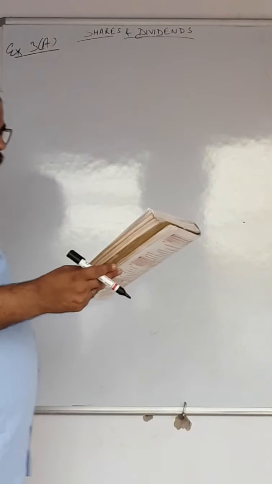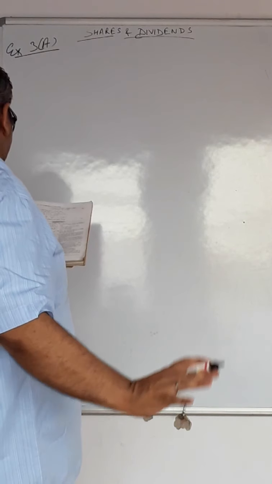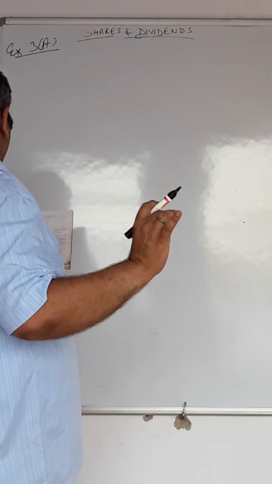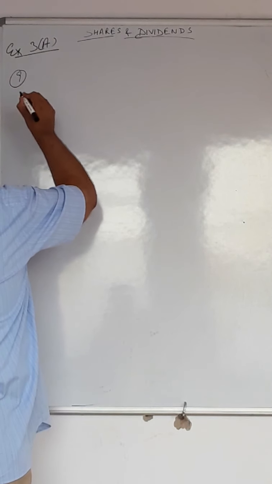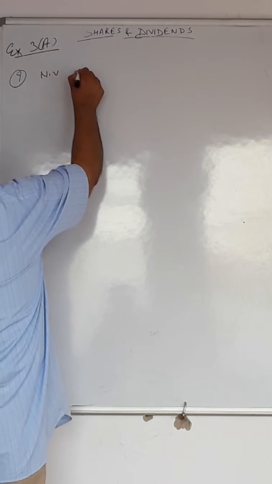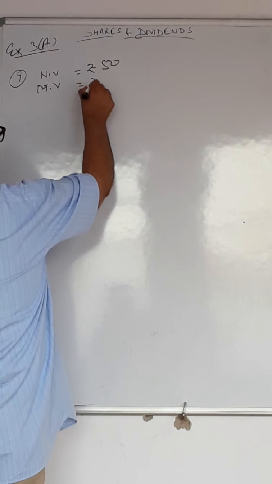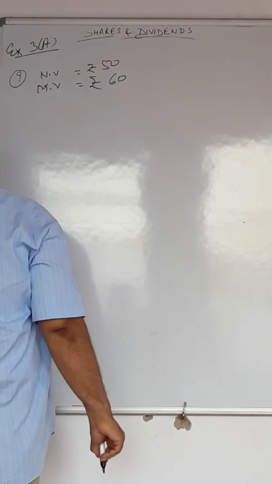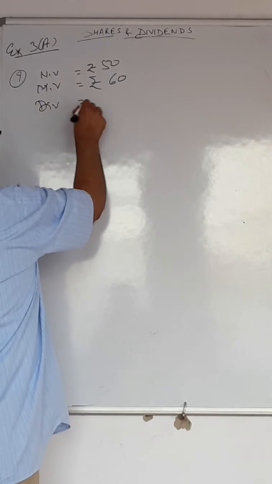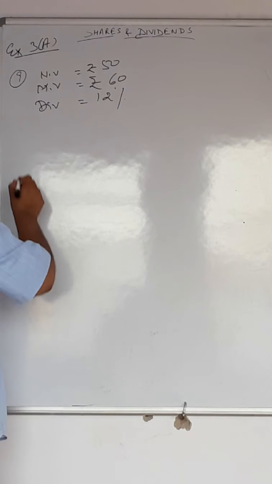So, nominal value of a share is ₹50. Market value is ₹60, premium of ₹10. Dividend 12%. Find the market value